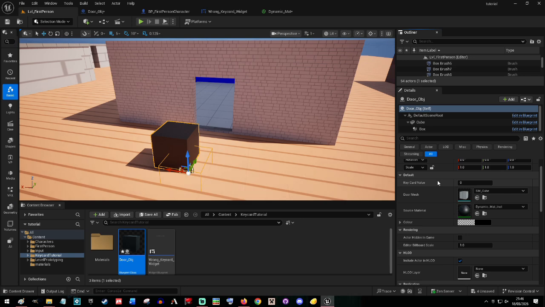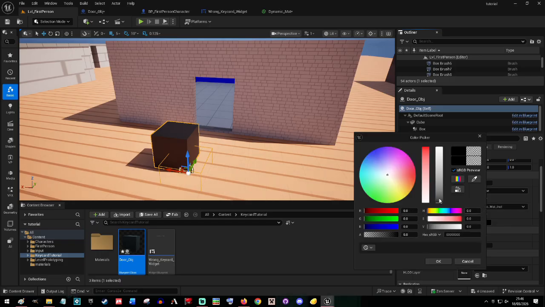These are our variables that are set to be open and instance editable. So our keycard value is there, our door mesh is there, and our source material as well as our color is there. If we go to color and click on this, we obviously get our color wheel, but we can,